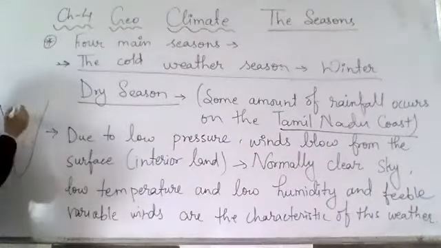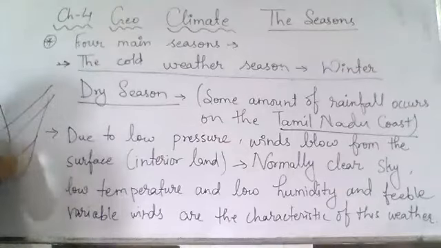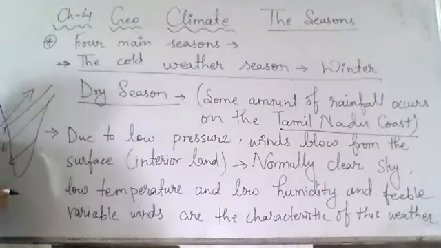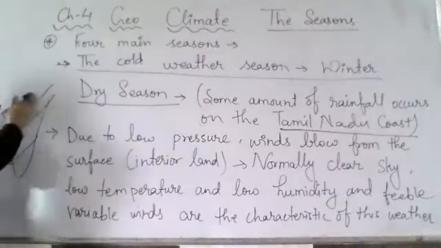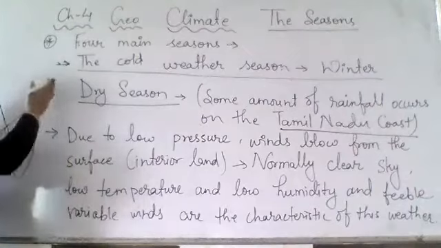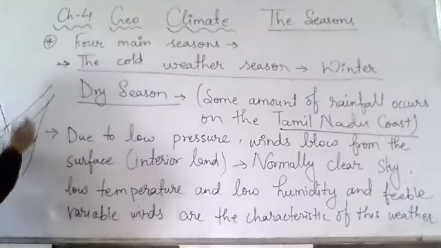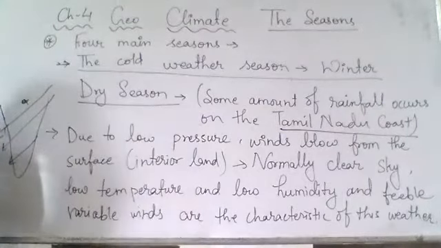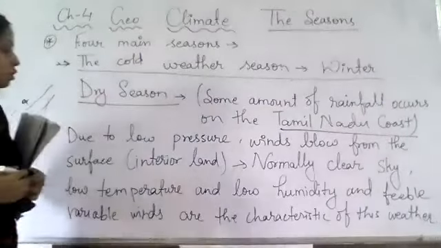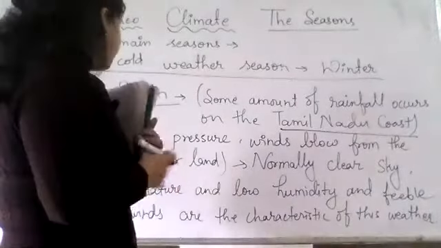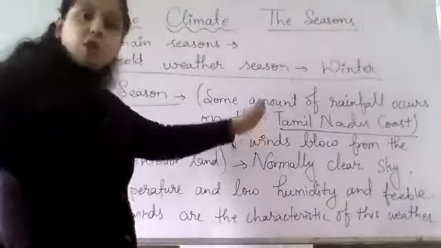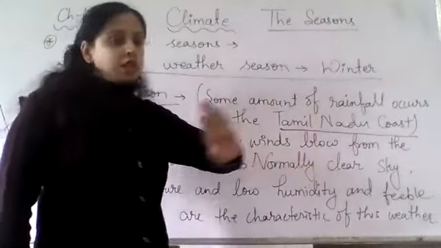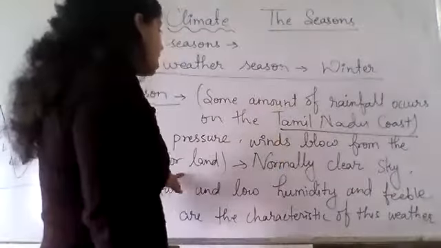As we have seen, the wind is blowing like this. Earlier, the southwest winds were blowing in this direction, but now we have northeasterly winds, and this is blowing this way. So the low pressure is not here. Wind is blowing from the surface. Now wind is not coming through the ocean. From the ocean it is not blowing, it is blowing from the surface.